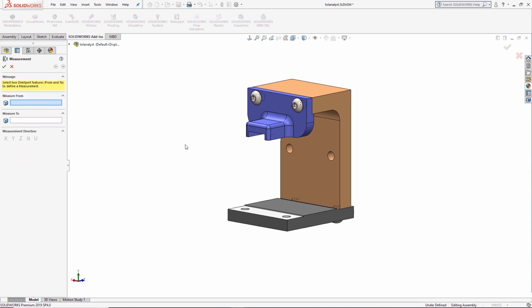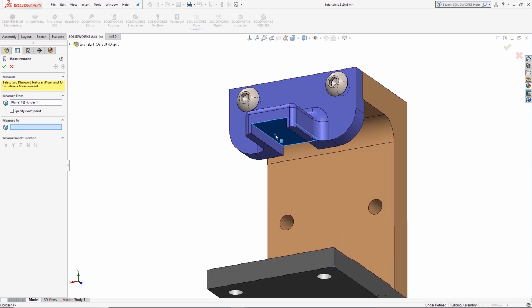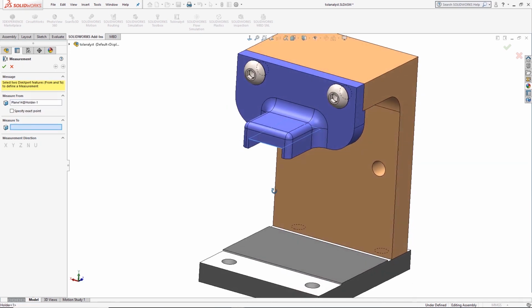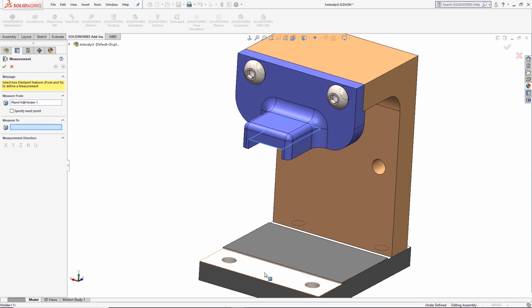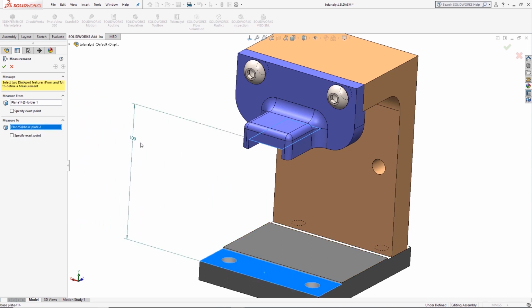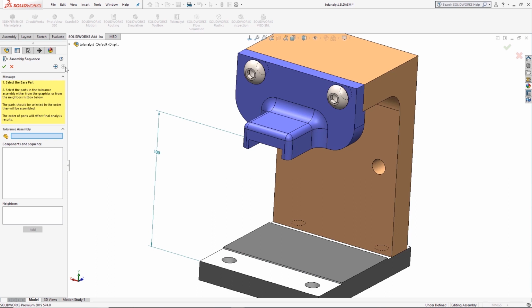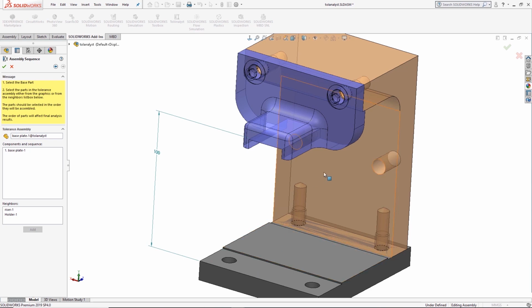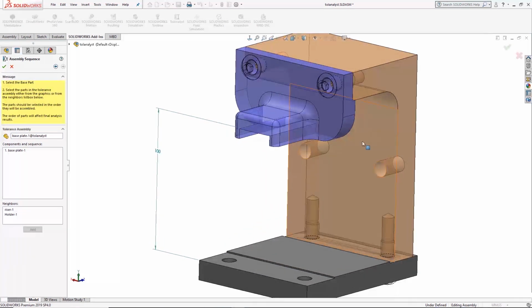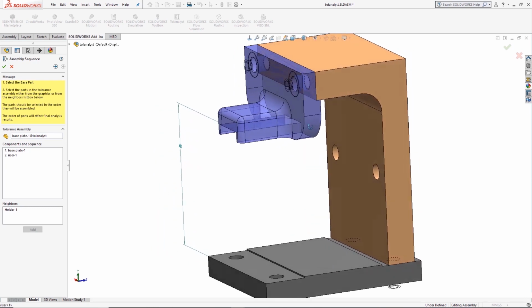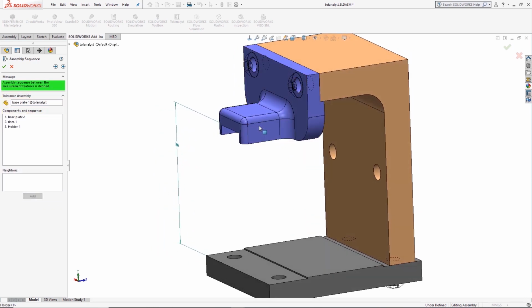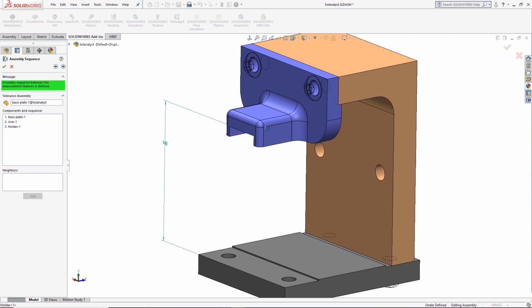And this time around, we're going to measure it from the underside of this purple component to the top of the grey base, that dimension there. And that at the minute is 100 mil. So again, they've made this to nominal size inside of SOLIDWORKS. So picking our components, we're going to start at the base, that's going to be our base part. We're then going to go to the orange riser at the back, and then into the actual holder, the purple holder at the top. That's going to be our last part.